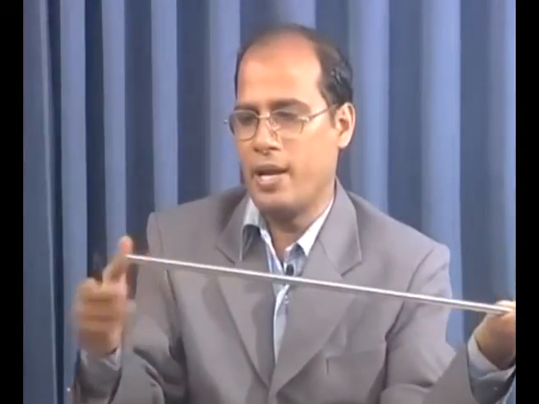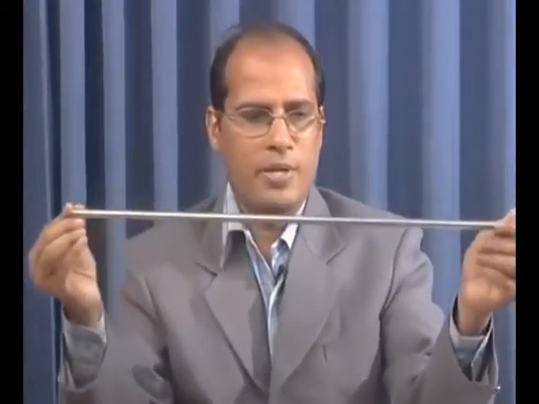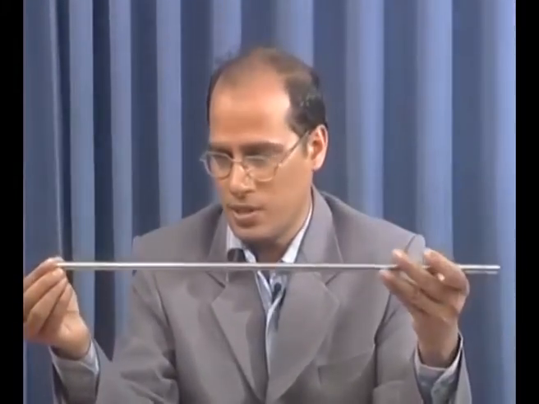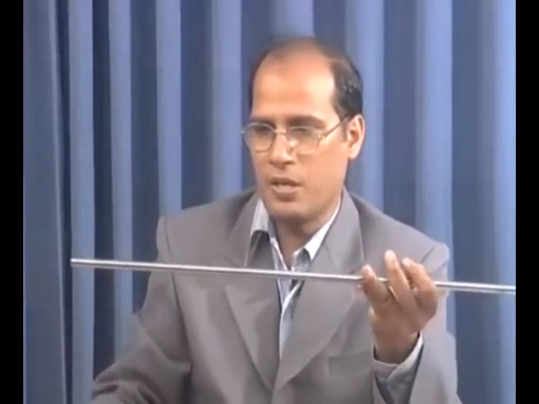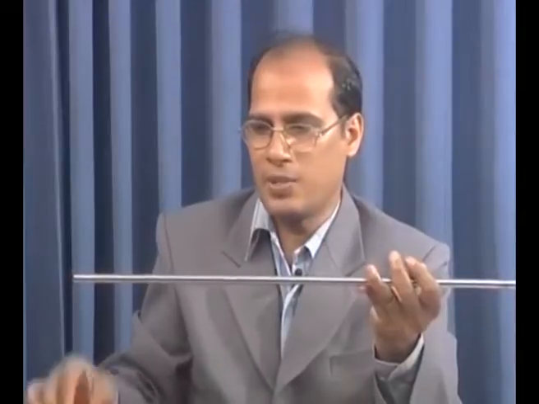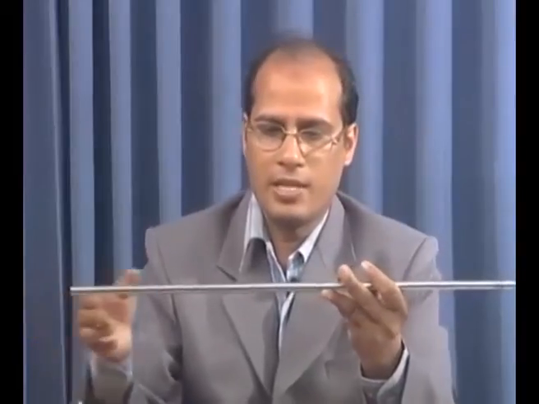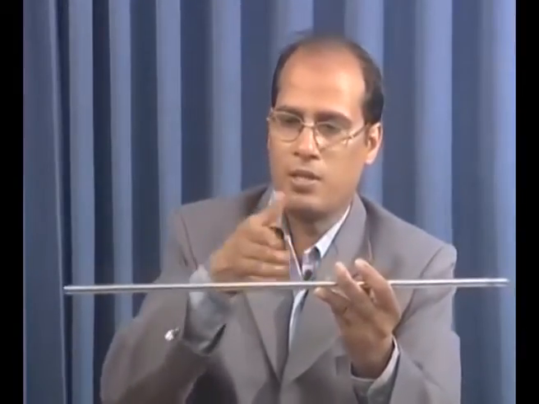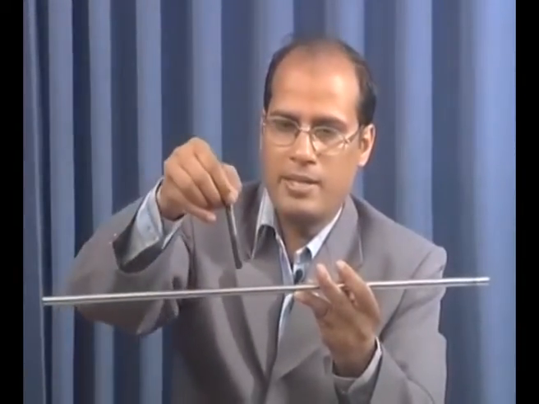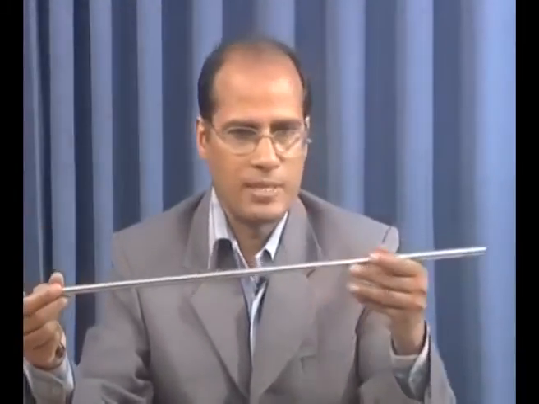By fixing one end and applying a load at the other end, I can find the longitudinal vibration of this rod. In case of longitudinal vibration, the vibration takes place along the length of the rod, and in case of transverse vibration, the vibration takes place in a transverse direction, that is perpendicular to the direction of the rod. So, either it will vibrate in this direction or it may vibrate in this direction. Depending on the radius of gyration, the vibration will take place.